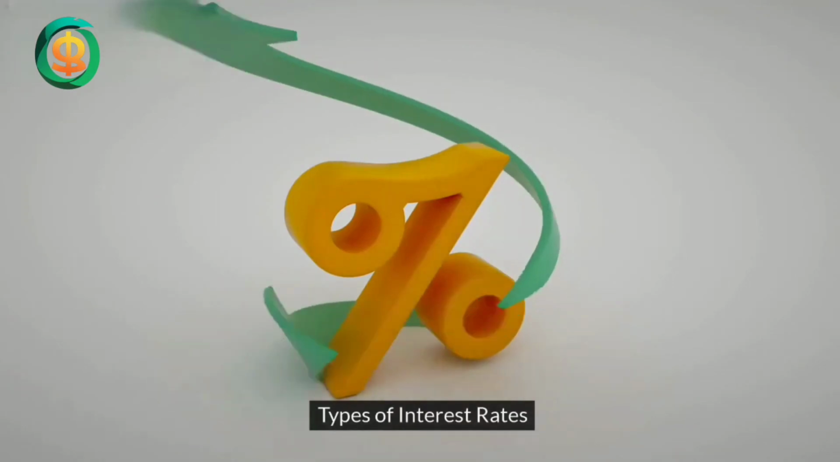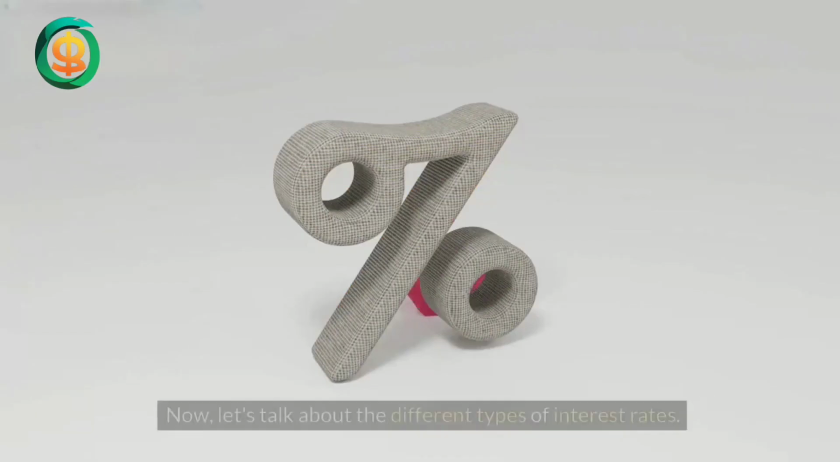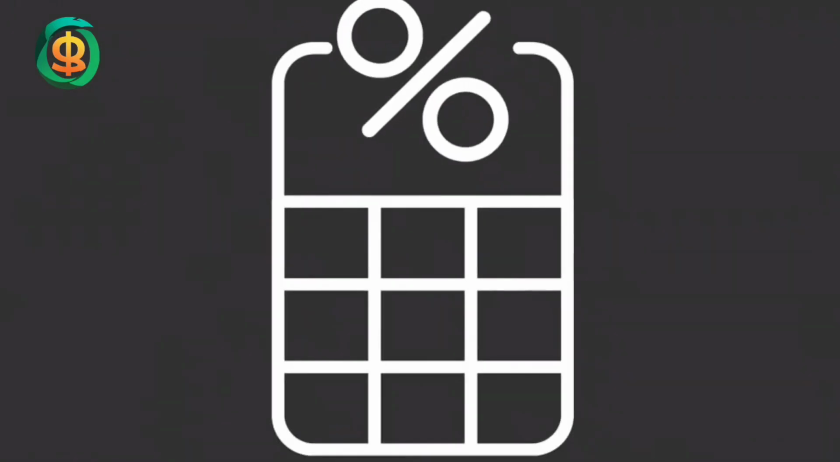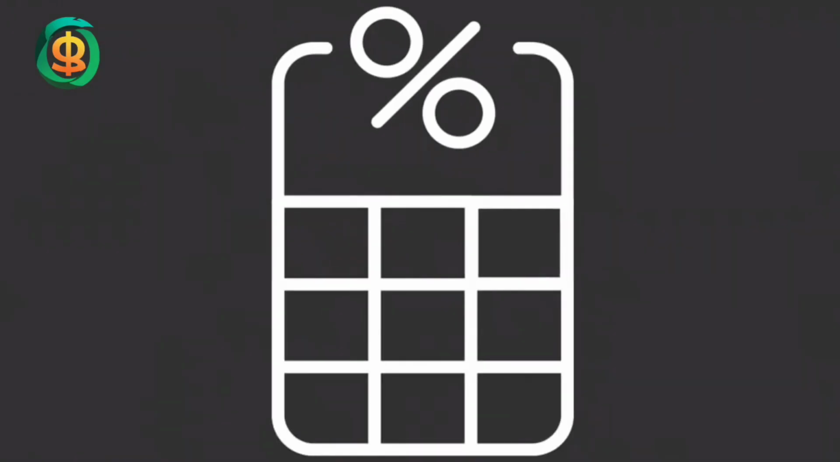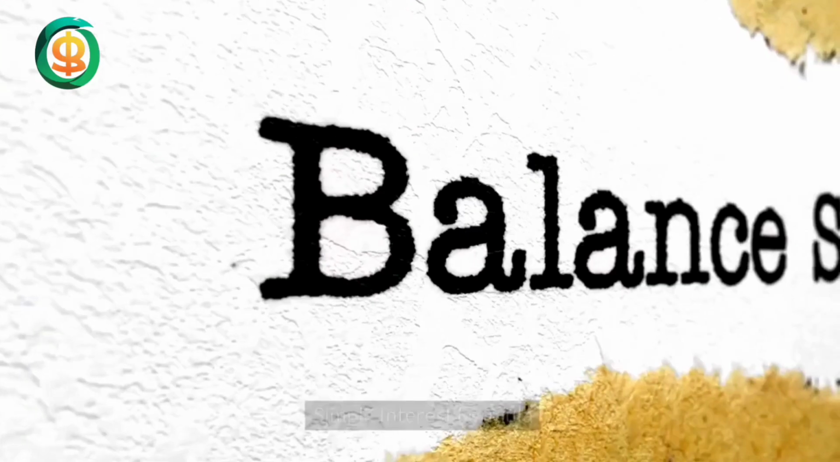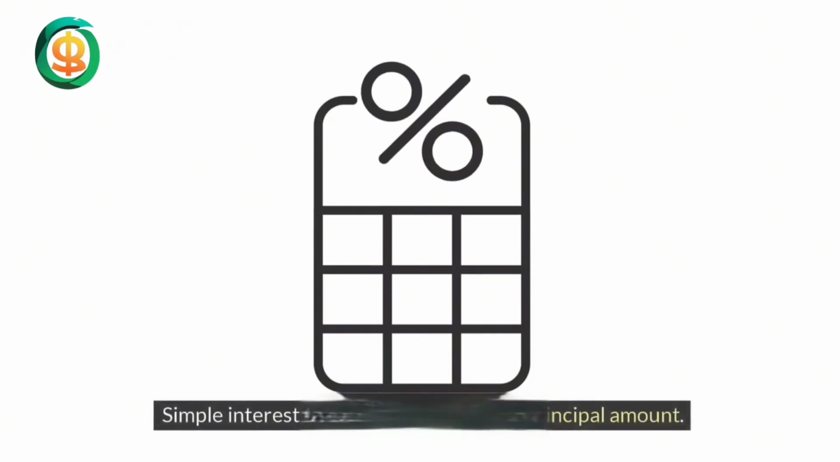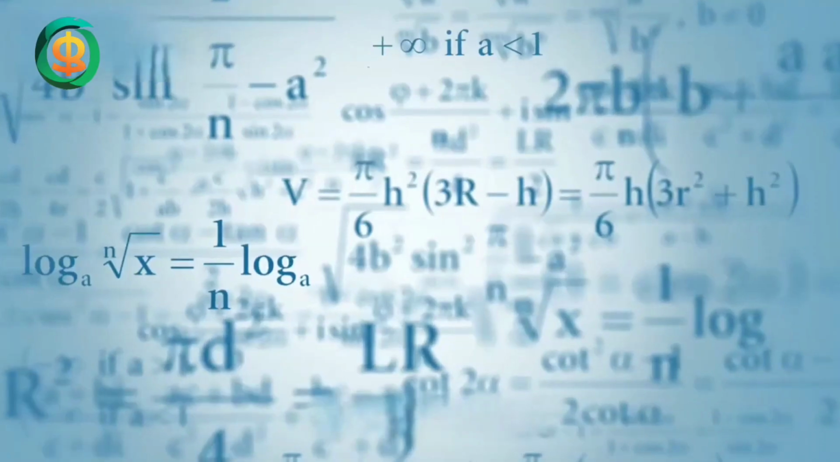Types of interest rates. Now, let's talk about the different types of interest rates. The two main types are simple interest and compound interest. Simple interest formula. Simple interest is calculated only on the principal amount. The formula is